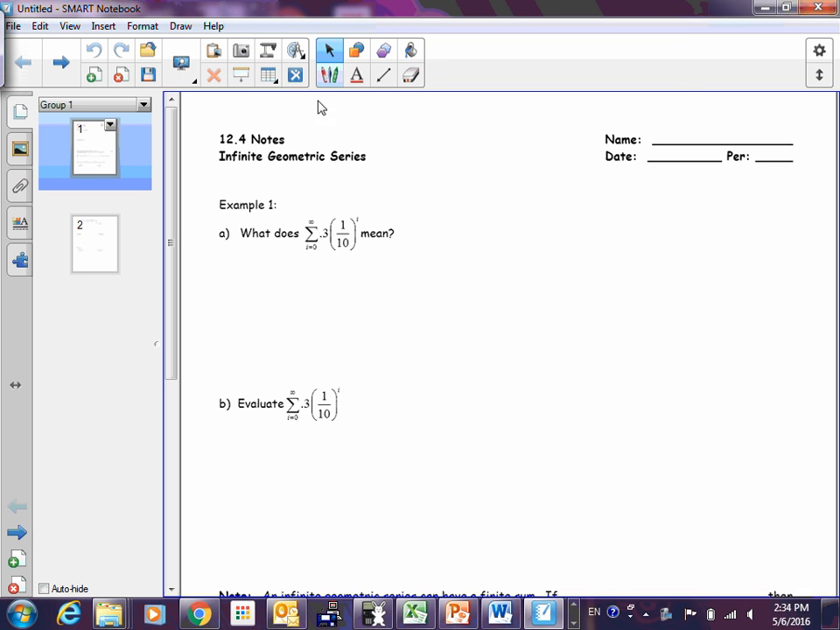Okay, so we already learned about geometric sequences and series. Now we're going to add this word right there in front of it. So if you look right at the top of that sigma, there's an infinity symbol. So it's like, what does this mean? Okay, without worrying too much about formulas, just going back to what we did on the very first day